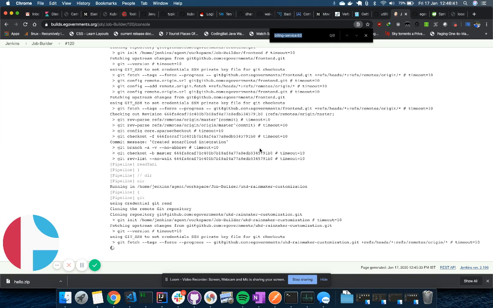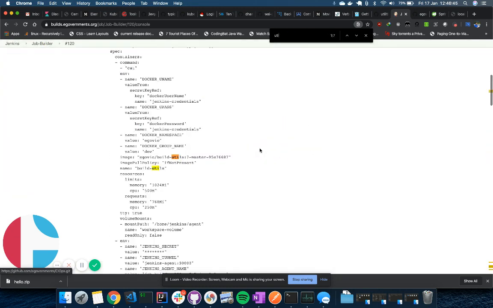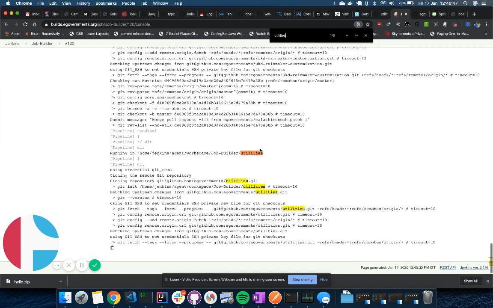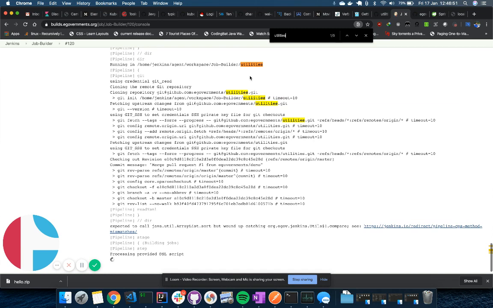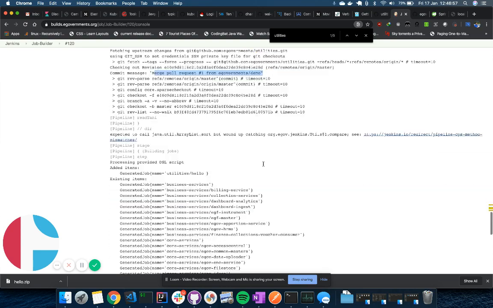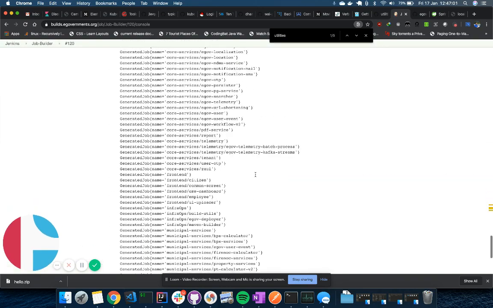Yes, it would still do for all of them at once. It will check out all of the repos at once and build for all of them. Okay, so now you can see this is the repo we've added, right? And then you could also see our commit here. It's a merge pull request, and that's actually merging.